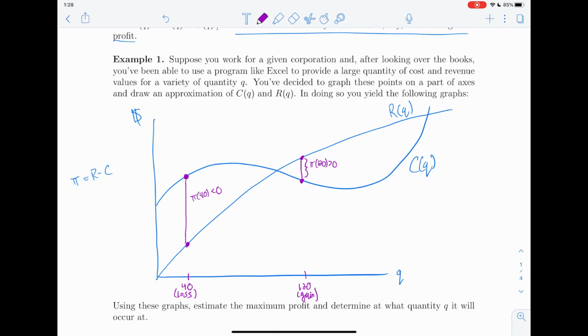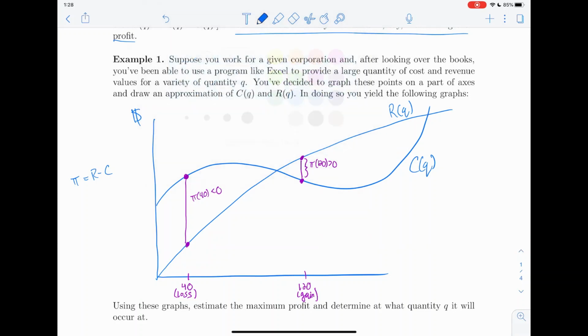So this gives us an idea of how this works. It would seem that as long as revenue is above cost, which it is in this section, as long as revenue is above cost, we're going to be making a profit. Whereas over here to the left, when revenue was below cost, we were at a loss. So if our objective in this section is how do we maximize profit, observe that if we extend our x-axis